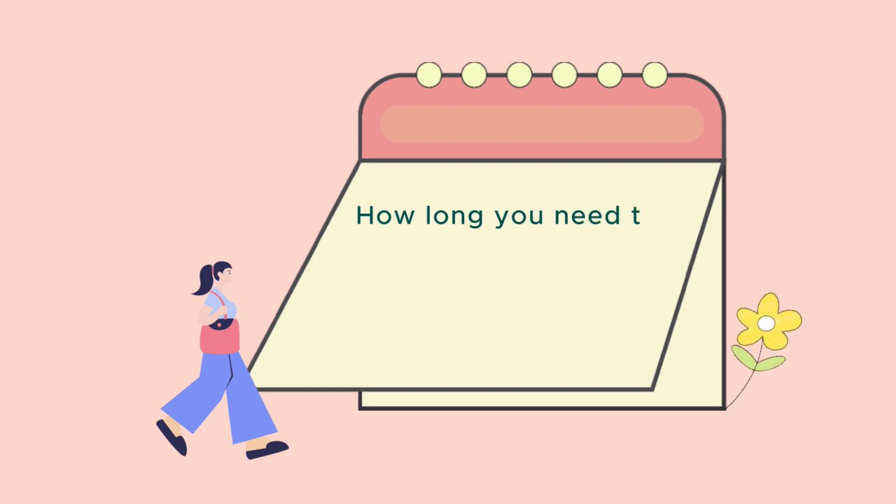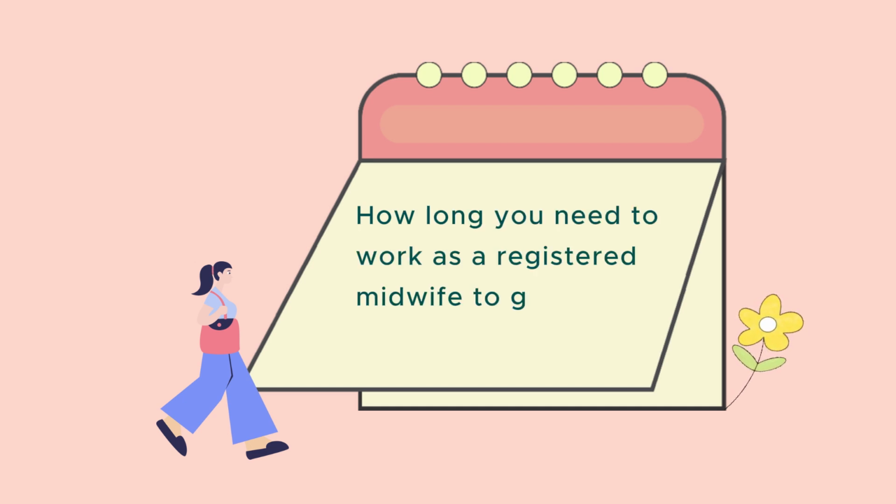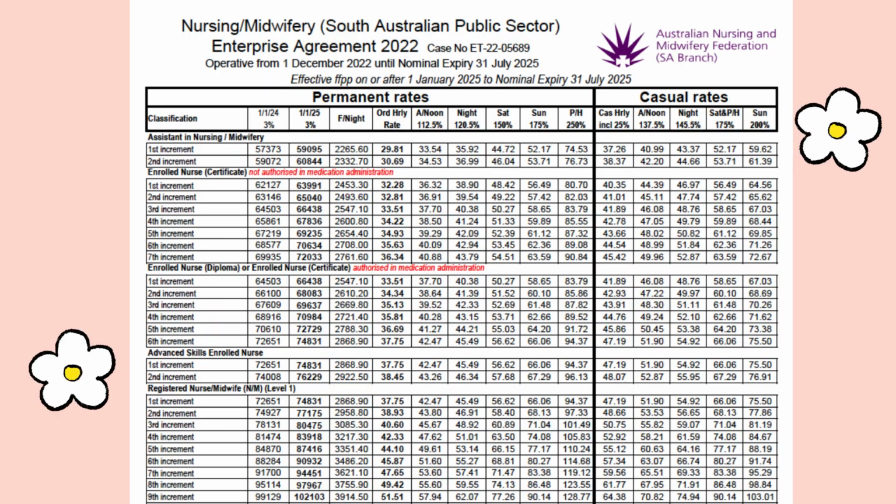Alright, then you might need to know how long you need to work here as a midwife to get your money back into your account. According to the Australian Nursing and Midwifery Federation SA branch, as you can see from the table here, which I will show on the screen. This table is valid until July 2025, so if you come after that, the pay will be different. Let's say, for example, you get paid as a registered midwife first increment, which means year 1, you will get paid